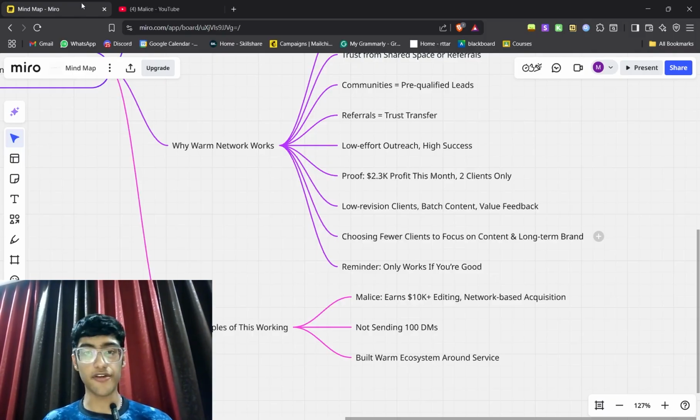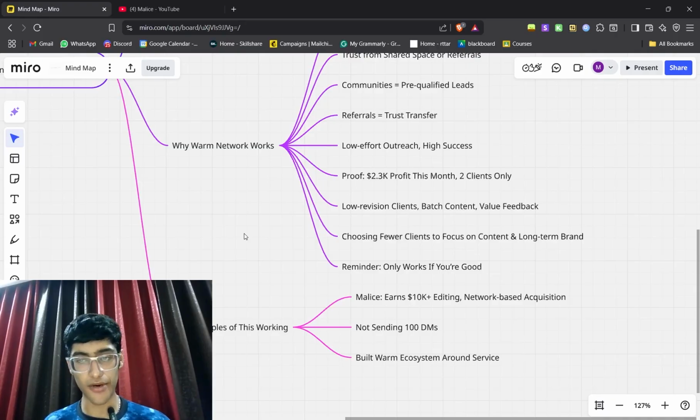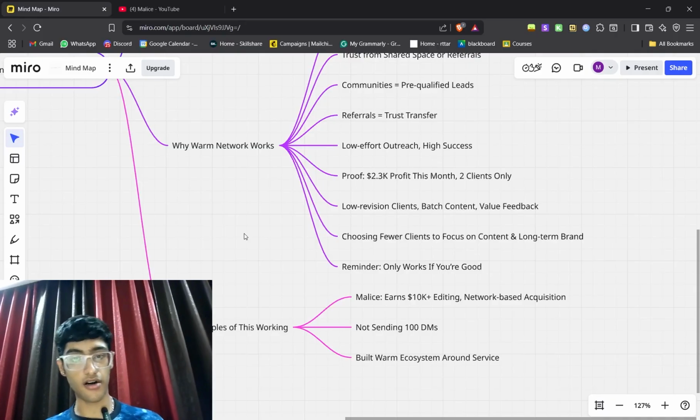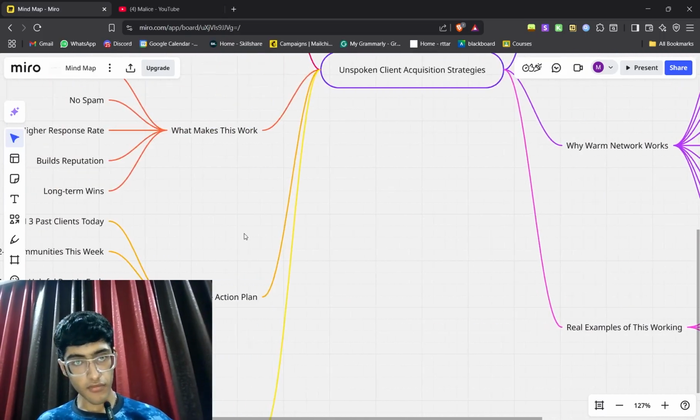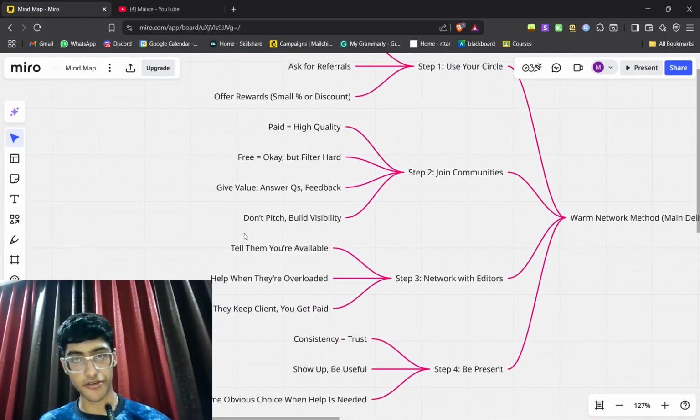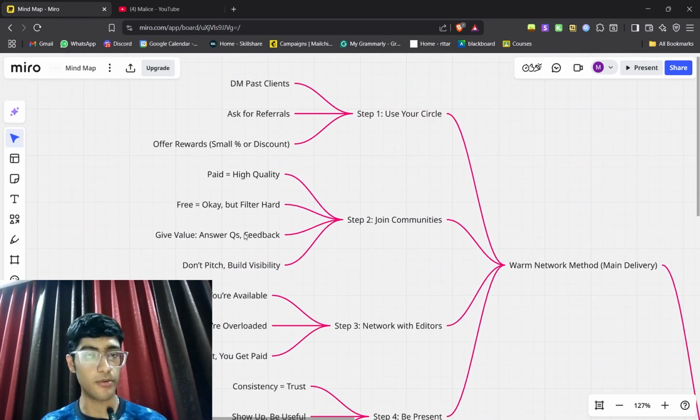And this is something really weird because no good freelancer is talking about it, which is weird, right? Most of the good freelancers get their clients from referrals, through their network, and it's mostly not through cold DMs. For an agency, yes, cold DMs is a thing, but for a solo freelancer who is making 5 to 10K a month, most of the clients you will see are from their network, right? So let's get to how to build your network.